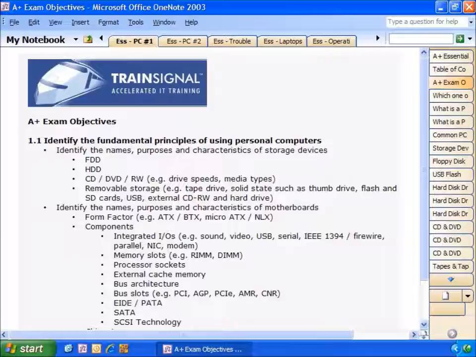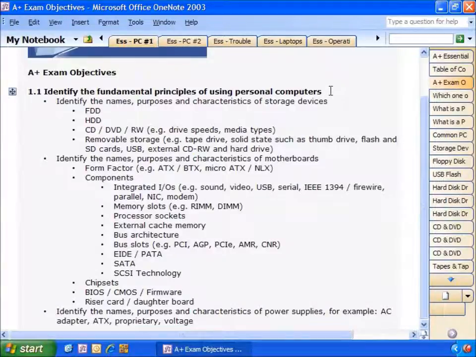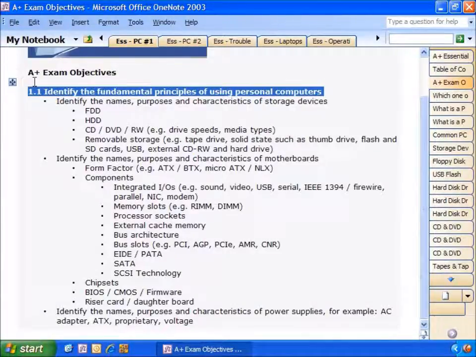All right, first let's talk about the specific A+ exam objective that we're covering in this video. We'll be covering exam objective 1.1. Now that says that you should be able to identify the fundamental principles of using personal computers. That includes floppy disk drives, hard disk drives, CDs, DVDs, rewritable drives, recordable storage, USB drives, USB connectors, external CD-ROM drives, thumb drives, flash drives, form factors of motherboards and cases, components that go into a computer like sound cards,